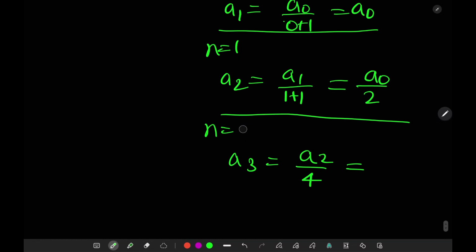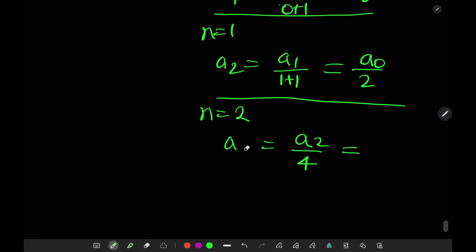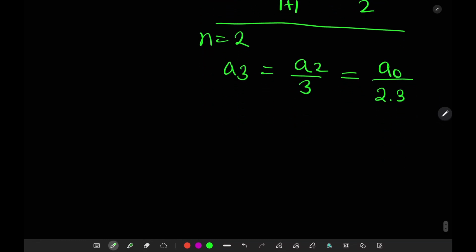And similarly, for n is equal to 2, we get a2 by 3, and a2 is equal to a0 by 2, so we can write a0 divided by 2 into 3. Similarly, for n equal to 3, a4 is equal to a3 divided by 5, and a3 is equal to a0 by 2 into 3, so we can write here